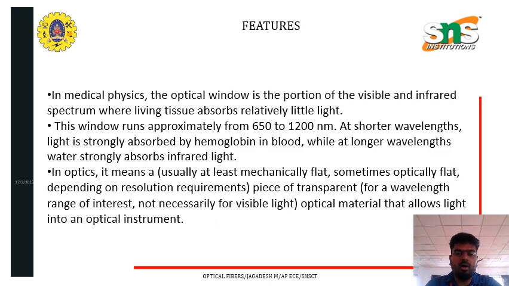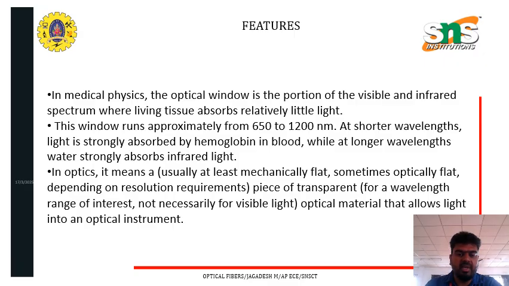In medical physics, the optical window is the portion of the visible and infrared spectrum where living tissue absorbs relatively little light. This window runs approximately from 650 to 1200 nanometer. At shorter wavelengths, light is strongly absorbed by hemoglobin in blood, while at longer wavelengths, water strongly absorbs infrared